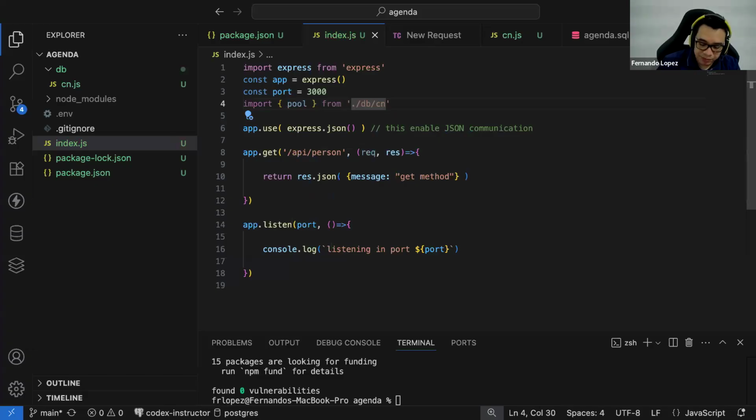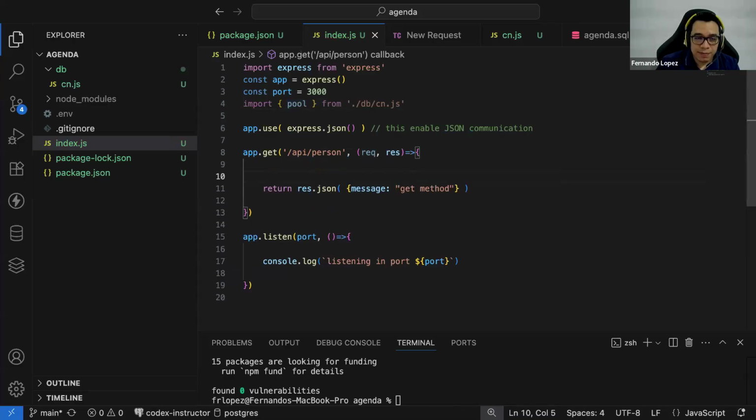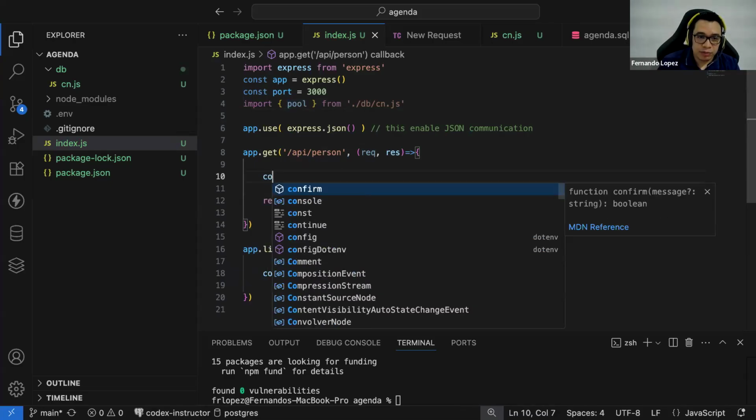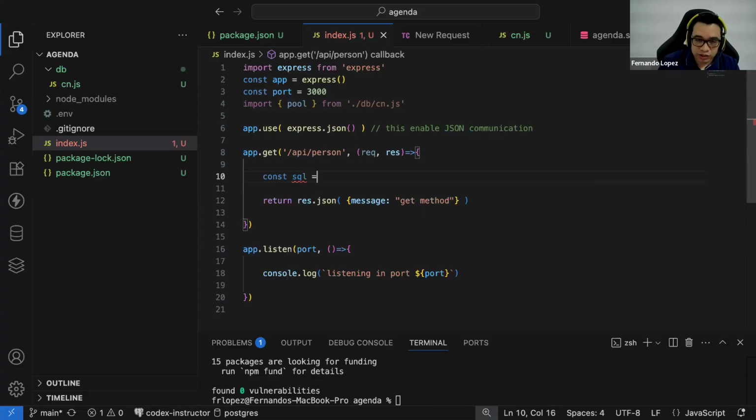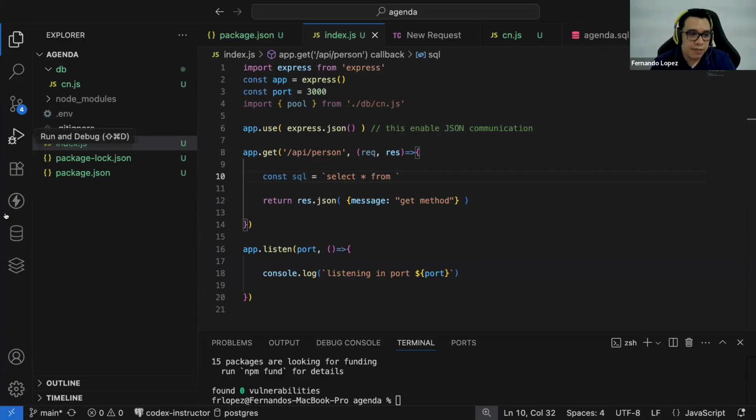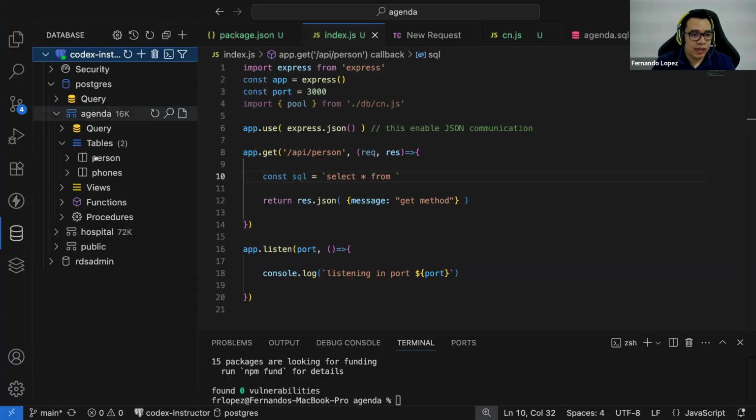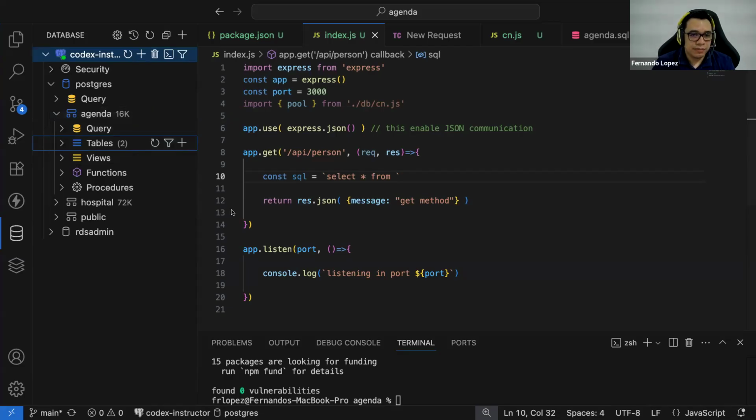I'm bringing the pool of connection from the connection file, and instead of returning this, I will create a variable that is going to contain the SQL definition for grabbing data from the table. Remember, the SQL definition is select all from the table, and it's very important to put first the name of the schema. Remember, the name of the new schema is this one.